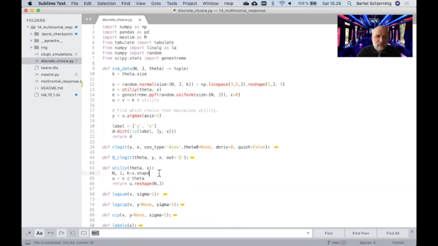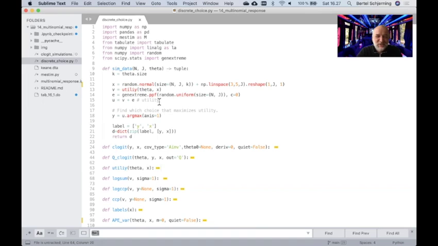I don't know why we have this. We don't really need it, but it doesn't matter. So this is x times beta, or the deterministic component of the utility. Once we know x, we generate the IID extreme value distributed errors. So these are standard extreme value errors,